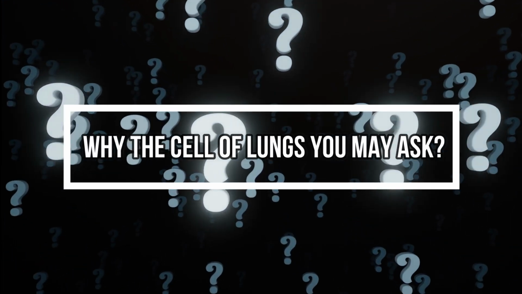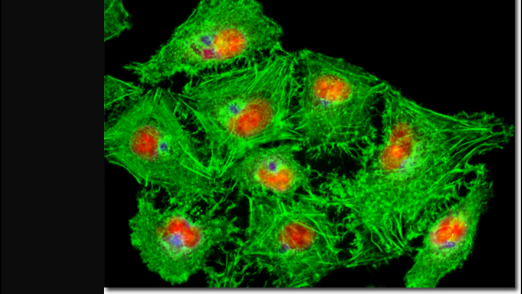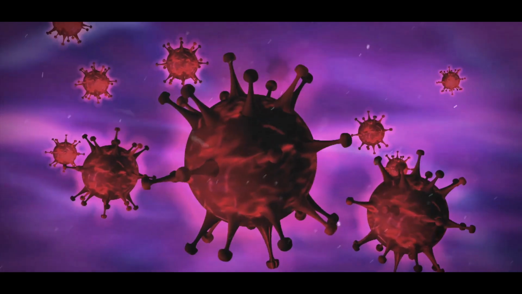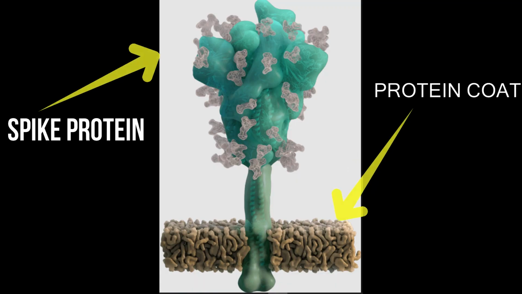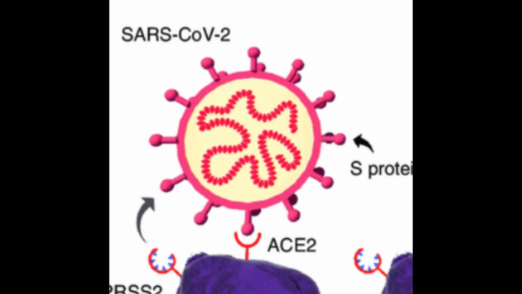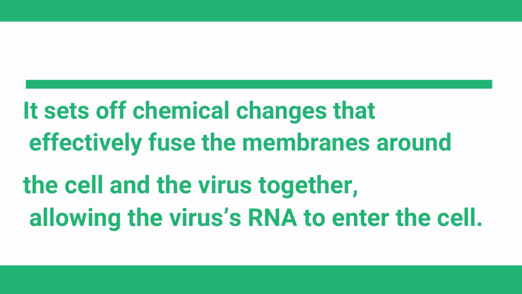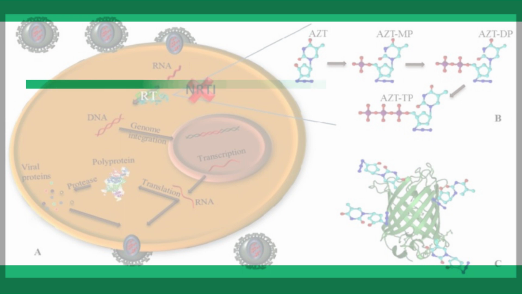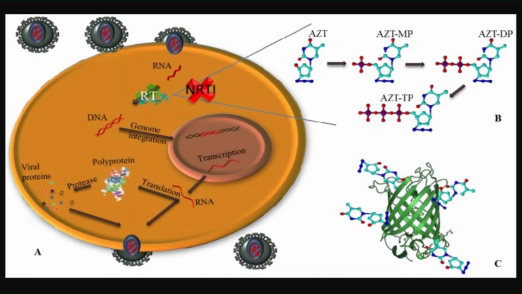Why the cells of the lungs, you may ask? Because the cells of the lungs have a special protein on their surface called the ACE2 receptor. Then the virus protein spikes, called spike proteins, attach to ACE2 receptors. Normally, the ACE2 receptor plays a role in regulating blood pressure, but when the coronavirus binds to it, it sets off chemical changes that effectively fuse the membranes around the cell and the virus together, allowing the virus's RNA to enter